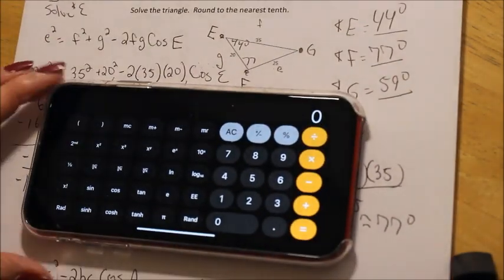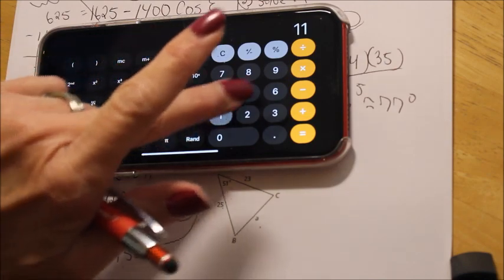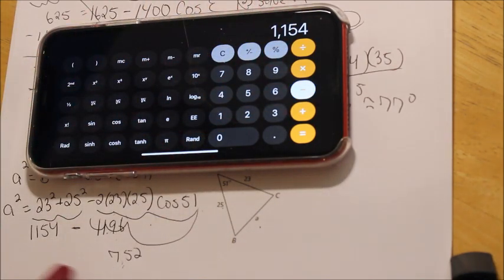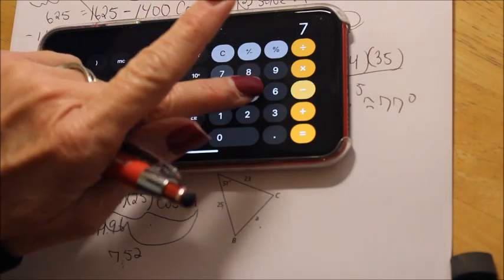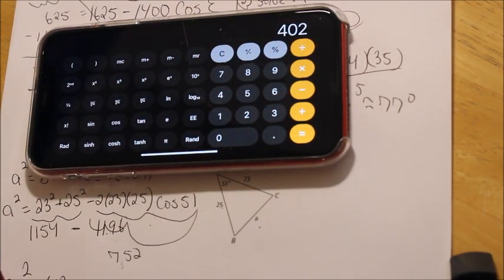All right. Okay, here we go. 1154 minus 752 is 402. So a squared equals 402. We're going to take the square root of that,